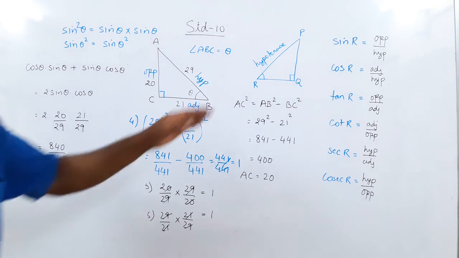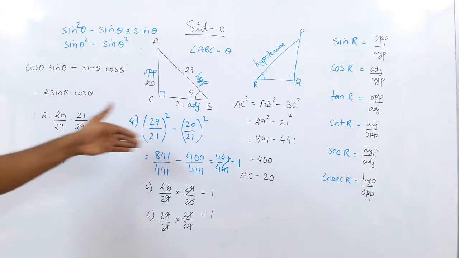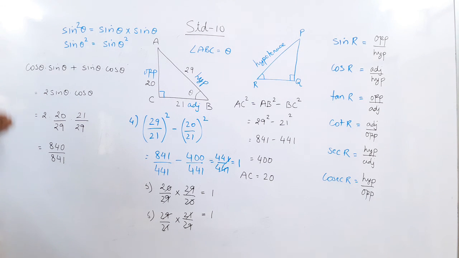So once you are thorough with the sides, you get the 3 sides. No matter which identity, which proof, which verification you get, just put the values down and approach the answer. Okay? So I don't think it is much of a trouble here. But first things first, revise all the ratios. Keep revising till you are thorough with the ratios. The ratios should be at the tip of your tongue. So keep repeating them. I say if you need to, pause the video and first learn all the ratios.